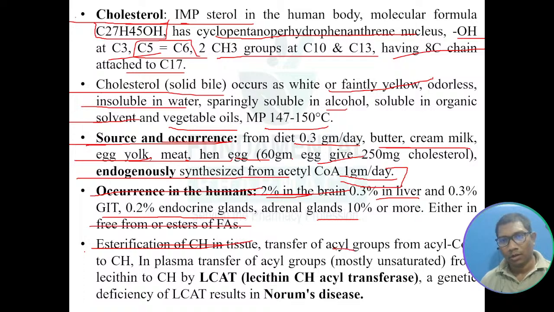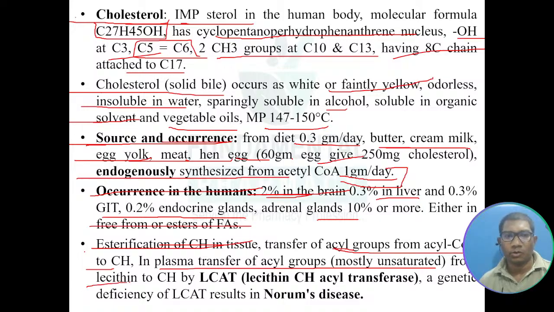टिश्यू में कहाँ पे होता है, टिश्यू में कौन करता है, तो transfer of acyl group from acyl CoA to the cholesterol in the tissue. There is esterification of cholesterol in the tissue. Now in the plasma, transfer of acyl group, mostly unsaturated acyl